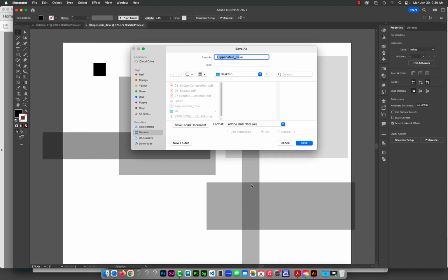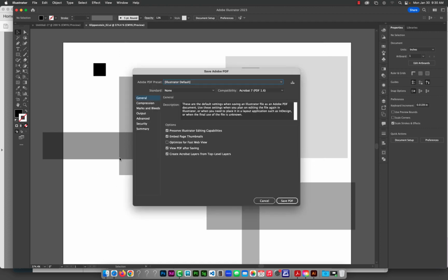And this is what tripped a lot of people up when they tried to upload their files. You cannot upload an AI file to Canvas. What you have to do is come down here where it says Format, change that to Adobe PDF, and hit Save. And I always check this. It's not a big deal on these early assignments, but I always check View PDF after saving. That will pop it up and give me one last look before I send it off to a client